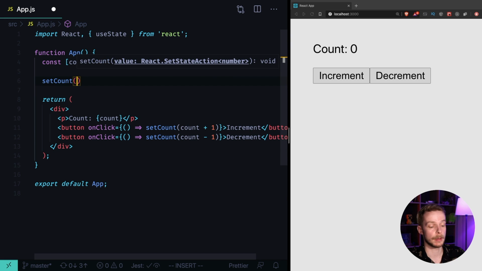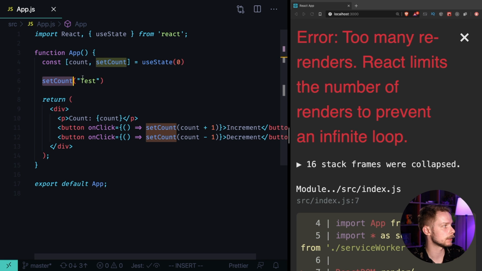And if you use JavaScript, then we can even provide a string to it, test. As you can see, every time you call the setter on your component, you trigger the re-render. In case of the functional component, it means that the whole function body will be executed once again. And if you call the setter, which in turn will trigger the render one more time, then we are stuck in the loop. If you want to call the setter only once when your component is mounted, you can